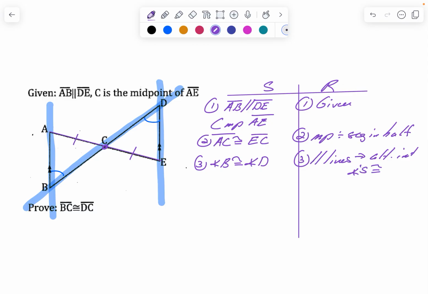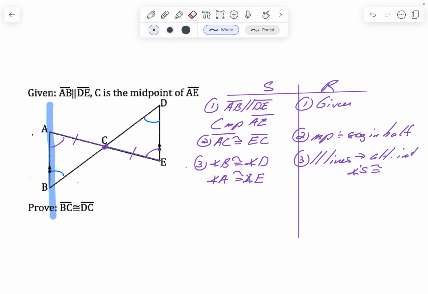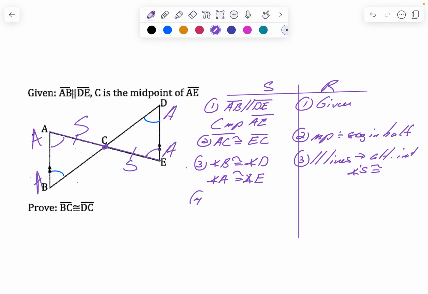Now, let's take out that one. Let's put in the other transversal. And that would mean that these angles are alternate interior angles. So we can also say angle A is congruent to angle E for the same reason. And so now, notice we have angle, angle, side. So now we can say